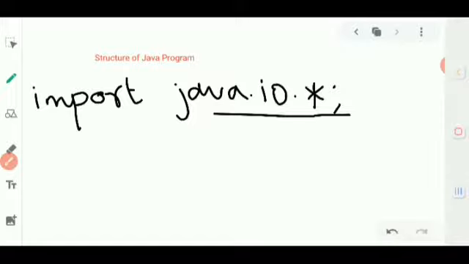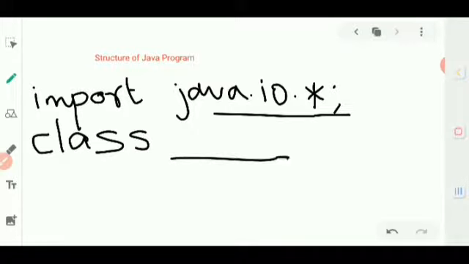Next, every Java program will be inside a class name. So give class and specify one name. The speciality of the class name is that it should be your file name. For example, when I give the name demo, my class name is demo, which means my file name also will be demo.java. Remember that the class name should be the file name. Any Java program will be written inside a class.